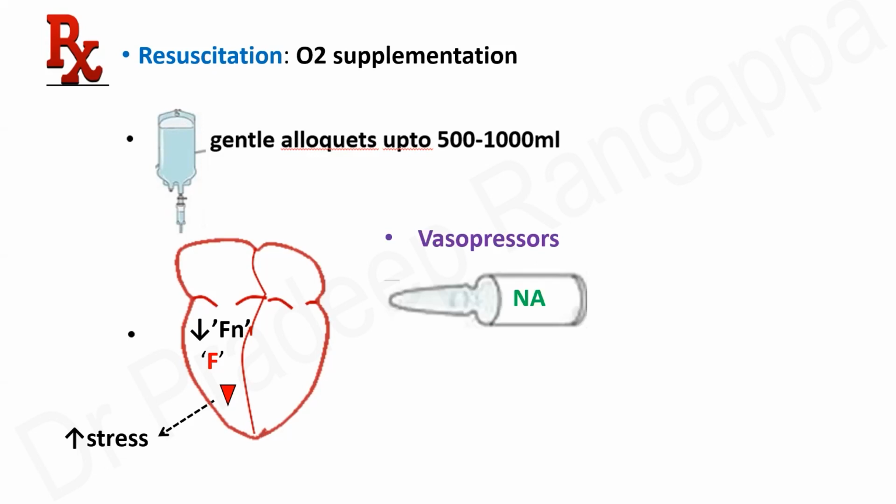So vasopressors to optimize your mean arterial pressure with noradrenaline or norepinephrine, and dobutamine when there is a low cardiac output state, because there will be reduced LV filling and lowering of cardiac output. So you have to accentuate the cardiac output by adding dobutamine after you have made sure that the patient is in a euvolemic state and a reasonable MAP is attained with noradrenaline. Dobutamine is something that one could add to improve the cardiac output.